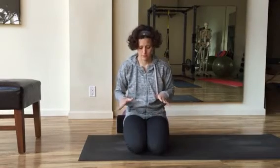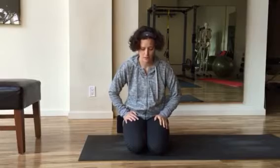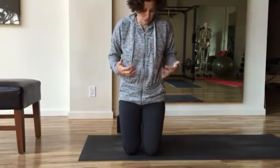Obviously the hips can refer to any of this region. So while I'm going to focus today on the understanding of the front of the hips and a little bit of the back of the hips, it's important to know that the other things that balance out the structure are the things on the sides of the hips, on the inside and the outside. But the way the hip flexors work, and I hear this mostly from women, though every once in a while I'll have a male client say that he's experiencing hip tightness as well, is there's a lot of muscles that